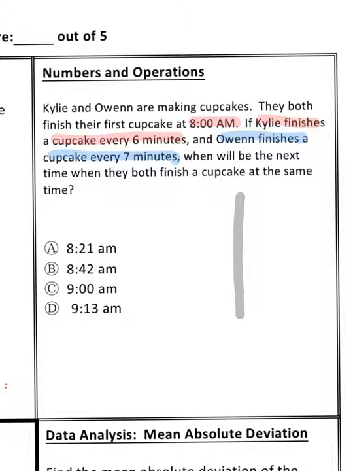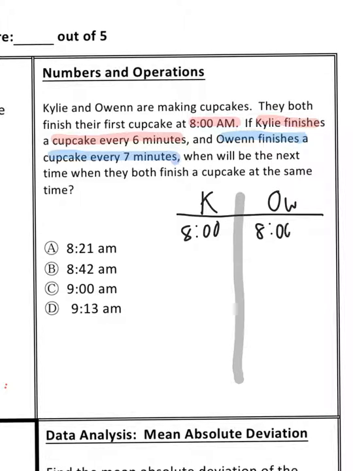Alright, so here's what I'm going to do. I'm going to make a table for Kylie and Owen. Now, they both finish their first cupcake at 8 a.m. So they both start at 8 a.m., which is the same time. But the question says, when will the next time be when they both finish at the same time? Now, Kylie makes a cupcake every 6 minutes. So she's going to make one at